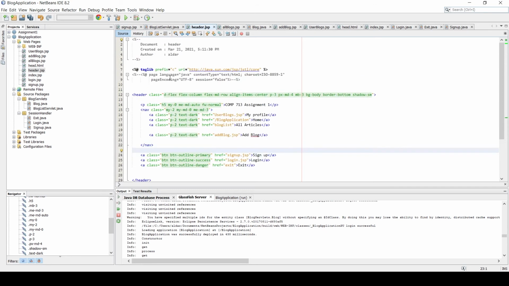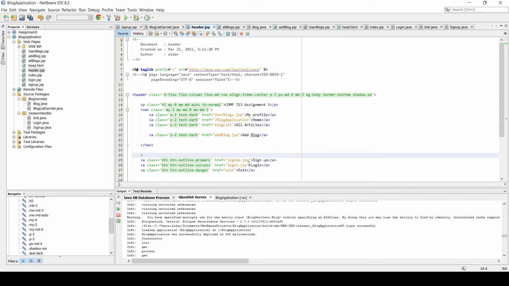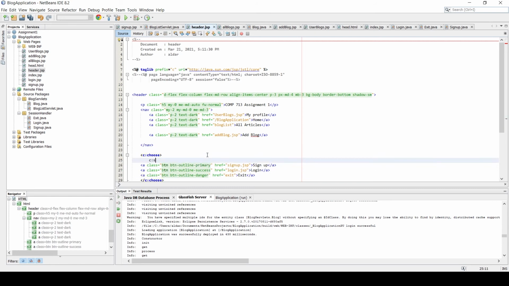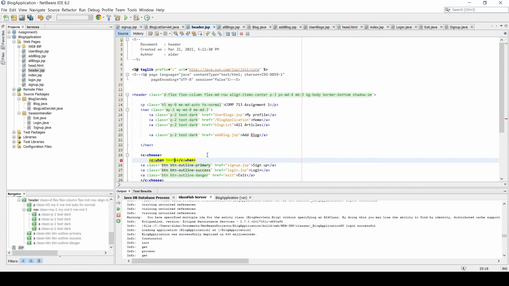It's also going to be using C tags, so I'll go C choose, and the scope will be the whole thing, and then C when test is equal to, quotation marks, and then email is, and if email is null, the email is actually going to be the session that I'm setting. So if I go back to blog sign up,